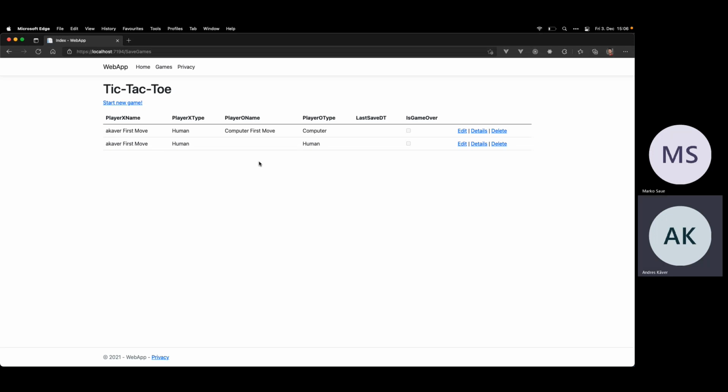So how can I understand which one shall now actually make the move? I need to verify it with my game brain, is it actually possible to make the move? This is quite easy to solve, because if there is no game state yet, if no save game happened behind the scenes, then I am allowed to make my first move. And if there is already existing state, I need to load the state, try to make the move, and then my game brain needs to verify that it is actually possible.